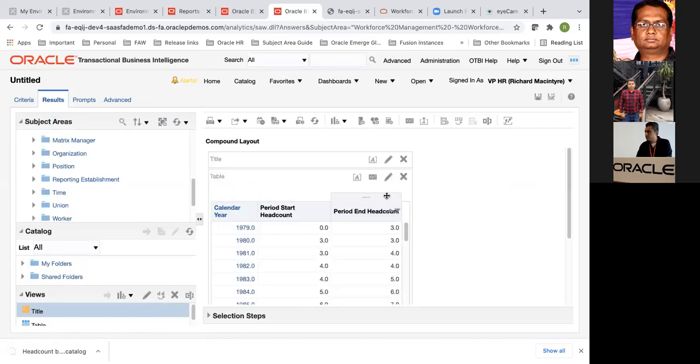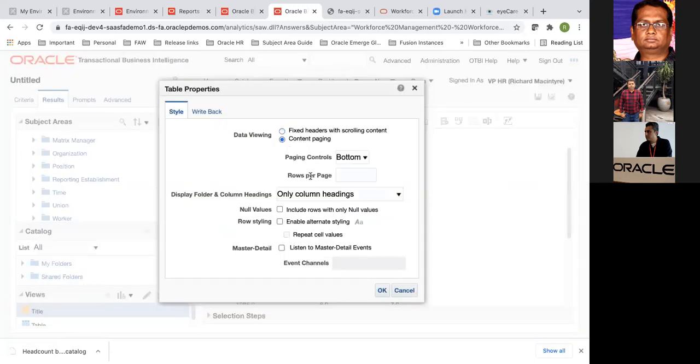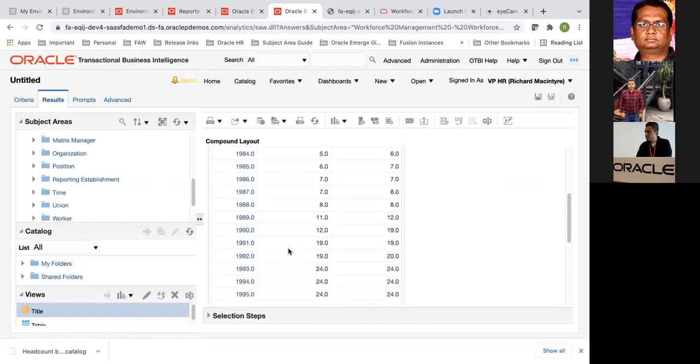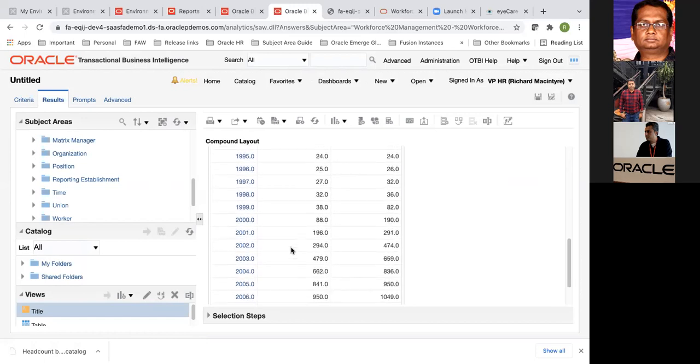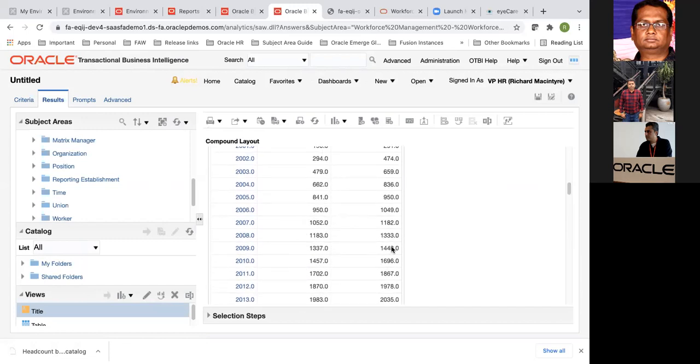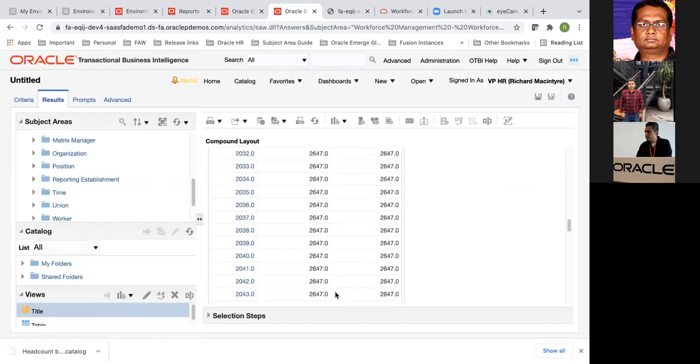From 1979, it is giving me the data. So if I'm a company that has been operating for the last 40 years, I can see the trend of how the headcount changed over a period of years. I started off in 1979. What was the starting headcount, the ending headcount each year, and finally where do I stand today?